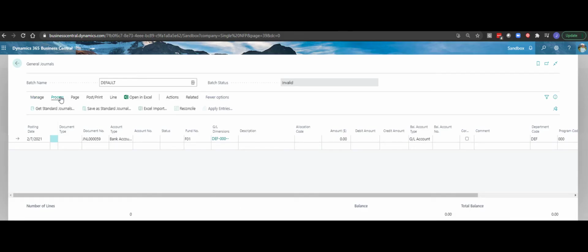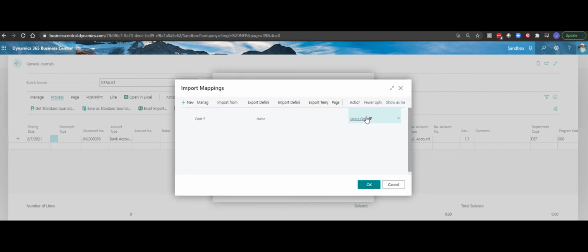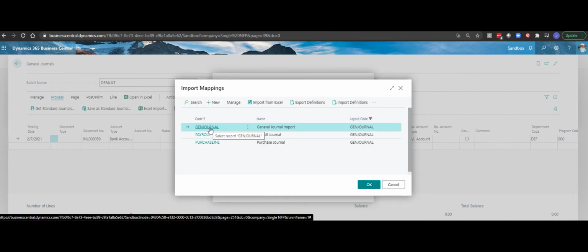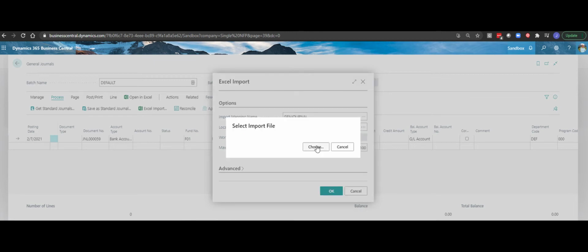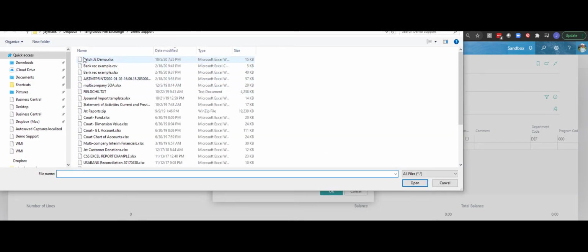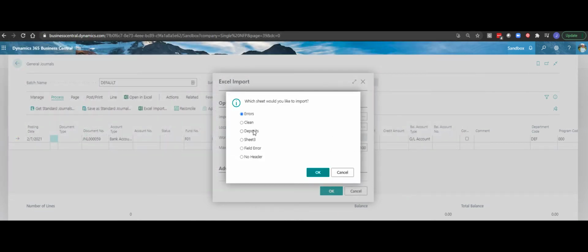I'm going to go ahead and select Excel import. Pick the mapping that we had pre-built. We'll show you this in a little bit. Select the workbook, Batch JE Demo. And the first thing I'm going to do is reference the errors sheet inside that workbook where